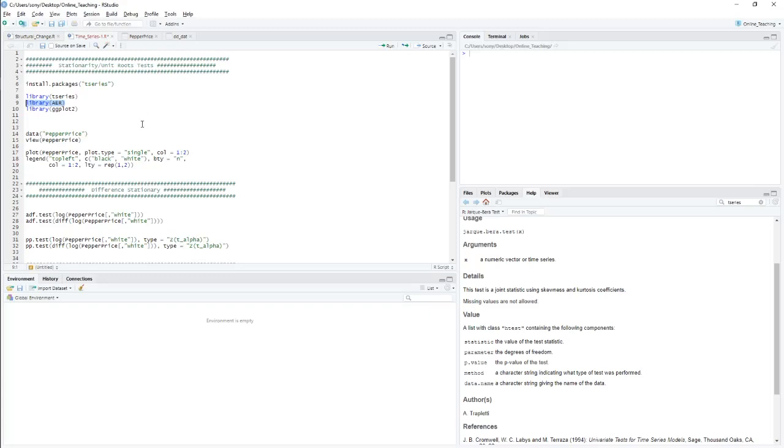To use that data set, I have to call that package also. That's why I'm using library and AER. The third one is ggplot, which is for plotting. I'm not using any function of ggplot in this video, maybe in a subsequent video.